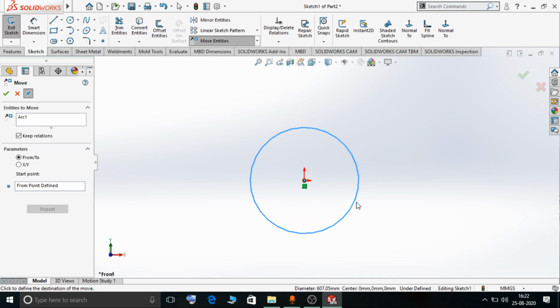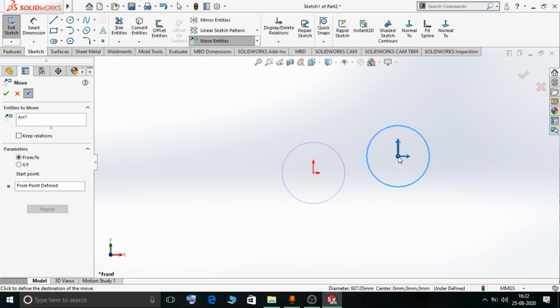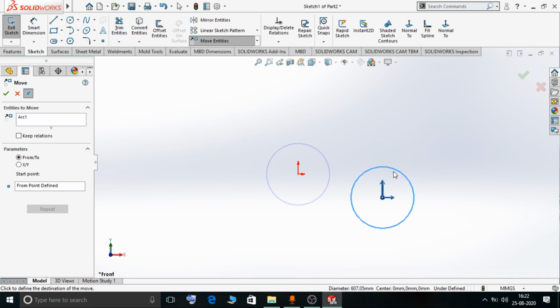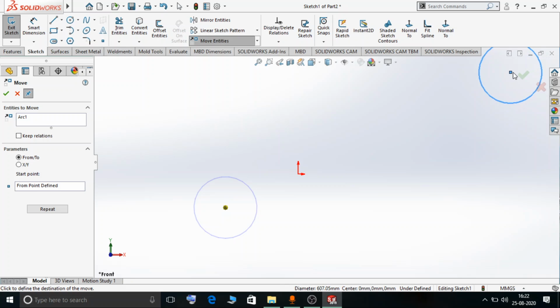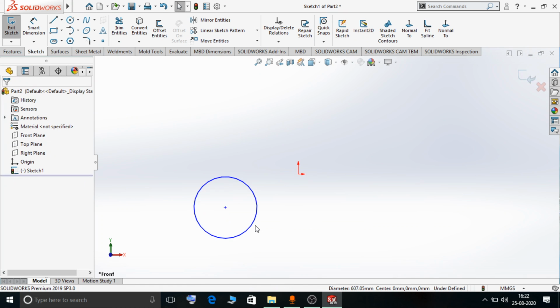I will select that center as my start point, and I can move this circle from this position to another position. Okay, so in this way I can move the entity.